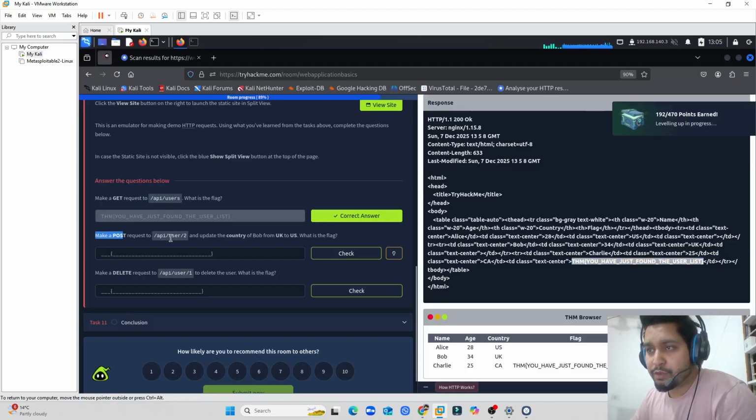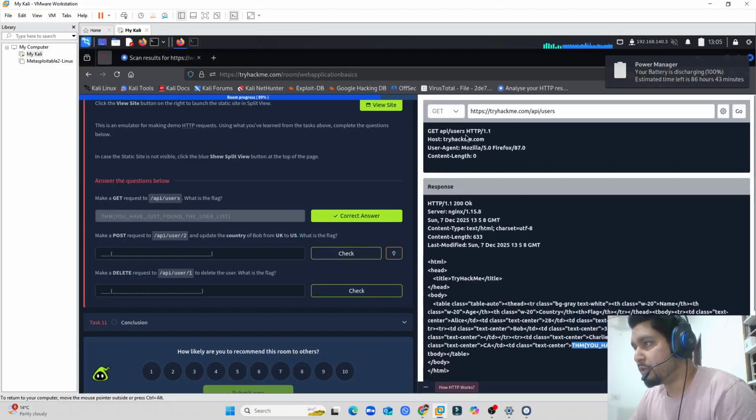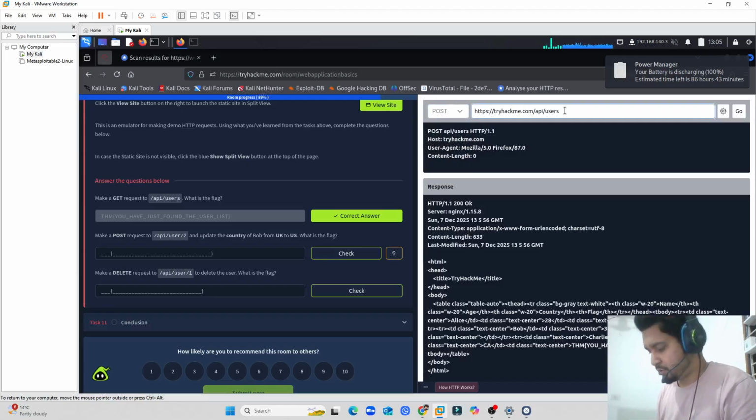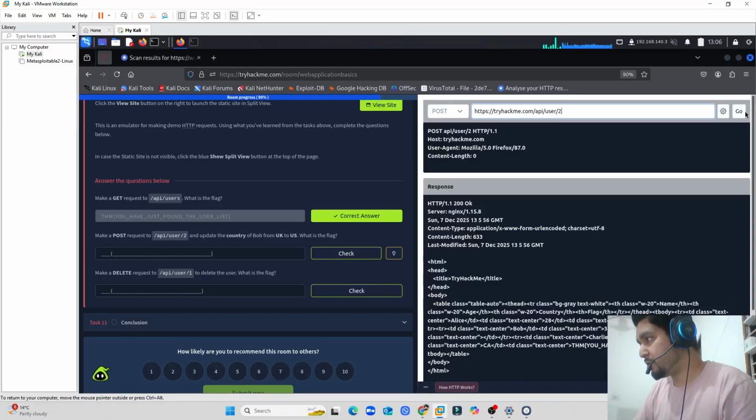Make a POST request to API user, and we are going to update the from country of Bob from UK to US. What is the flag? So we are going to do it POST, and we are using users, not user. It will be user 2. And if I say go,